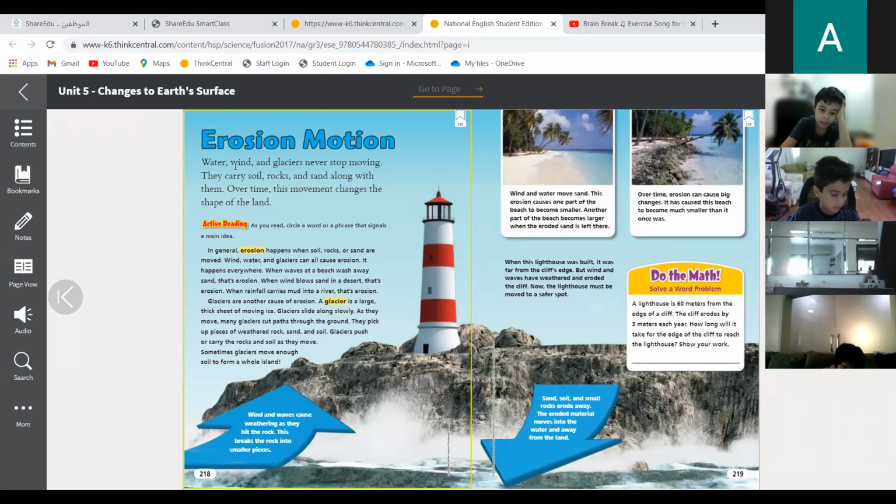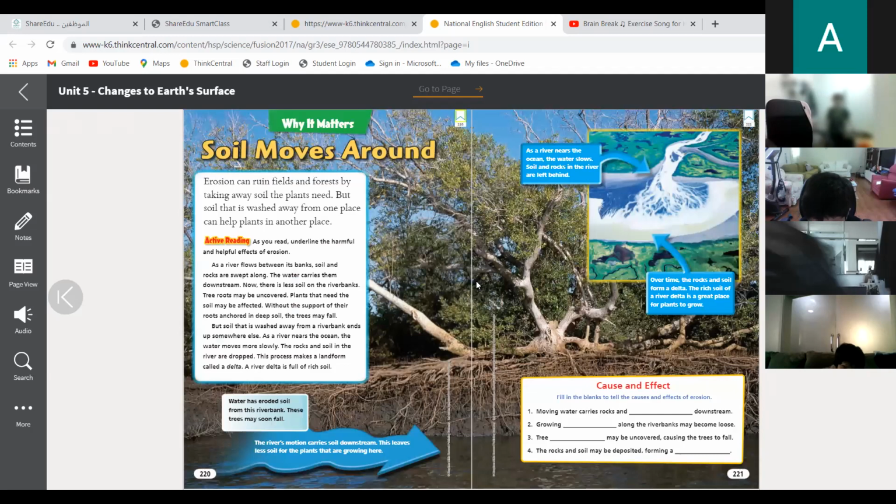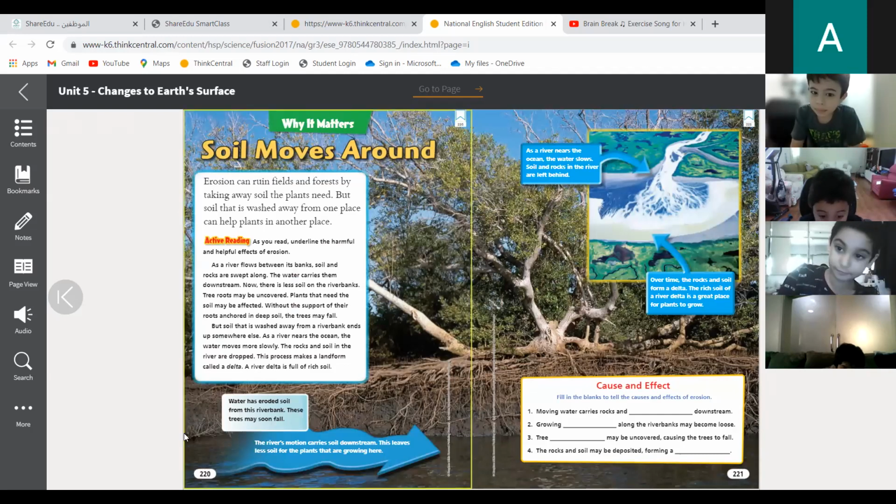Excellent. Cleaning rocks. So erosion means to move away these pieces of rock. Weathering is to break them down into smaller pieces. Erosion is to erode them. We need to use the word erode. So the wave erodes the rocks and soil. Not only rocks, boys, also soil can be moved away from one place to another. And this is what we are going to talk about today. We will see how a river can erode, take away the rocks and soil.